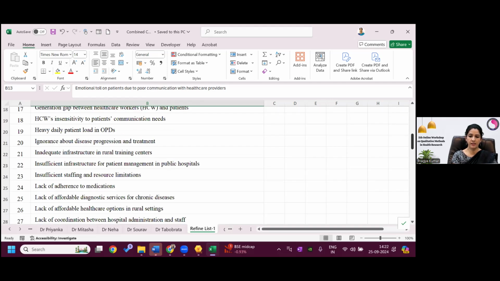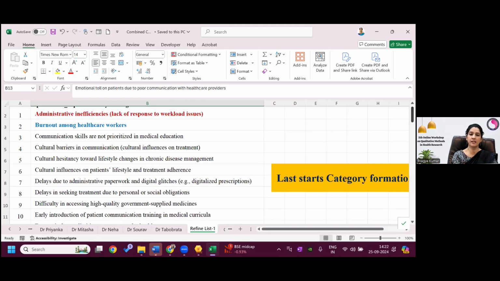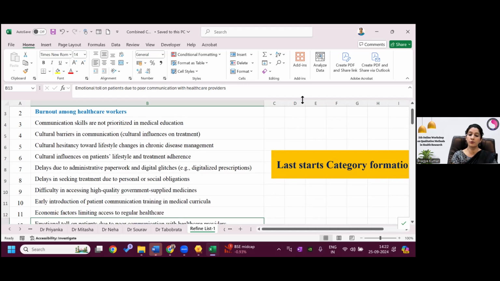You can see, and remember, yesterday when we were discussing the print PDF, there you always select print in one row, because then you can copy from that PDF and paste these codes here in one line. If it is in two columns, then it will be difficult for you.